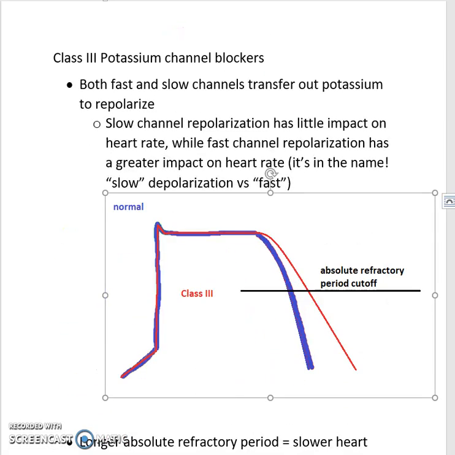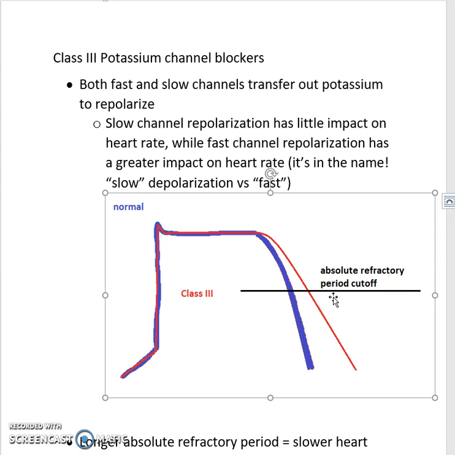Next, we have the class 3s, which are the potassium channel blockers. Both fast and slow channels transfer out potassium to repolarize. Slowing repolarization will therefore shift the repolarization line of the action potential to the right, which makes it take more time to reach the absolute refractory period cutoff. This has the